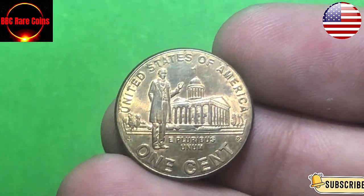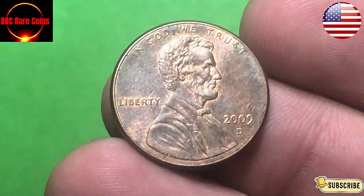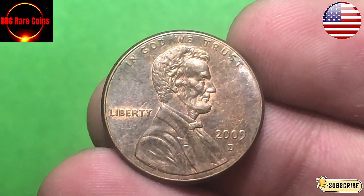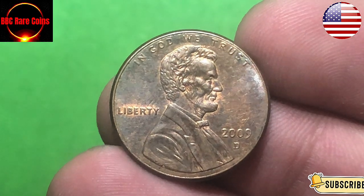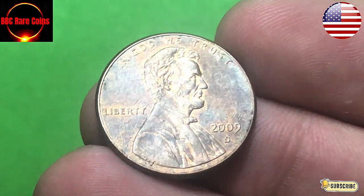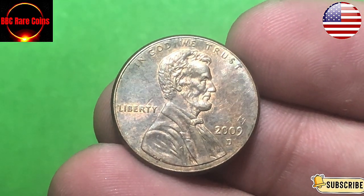Error coins are those that have been mistakenly produced during the minting process, resulting in unique characteristics that make them valuable to collectors. Some notable errors found in 2009 Lincoln pennies include: